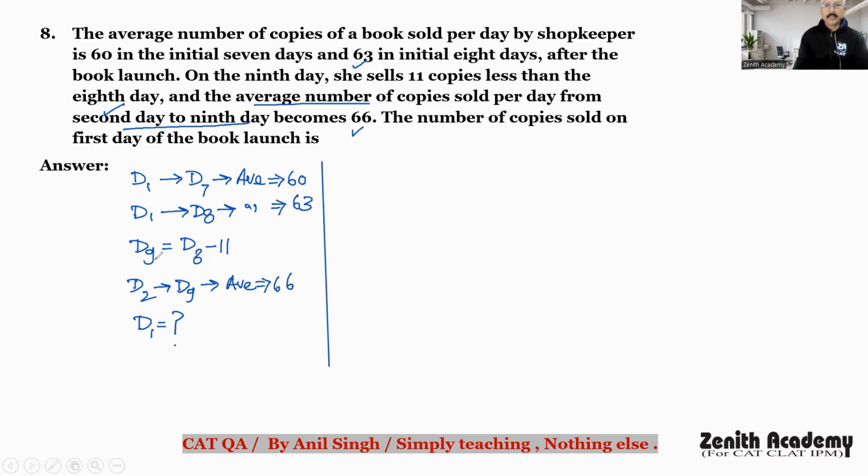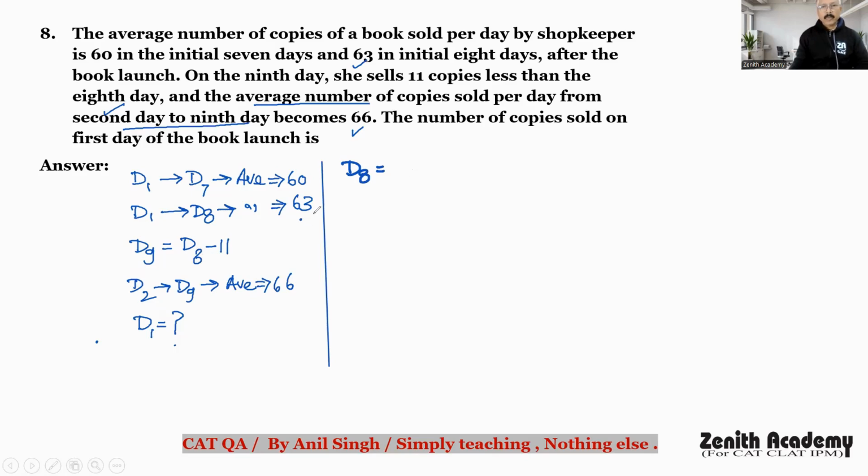And the ninth day's number of copies sold is actually 11 less than the number of copies sold on the eighth day. So here the total number of copies first we calculate on the eighth day, correct? How many copies were sold on the eighth day? So copies sold on the eighth day will equal the total copies sold in 8 days